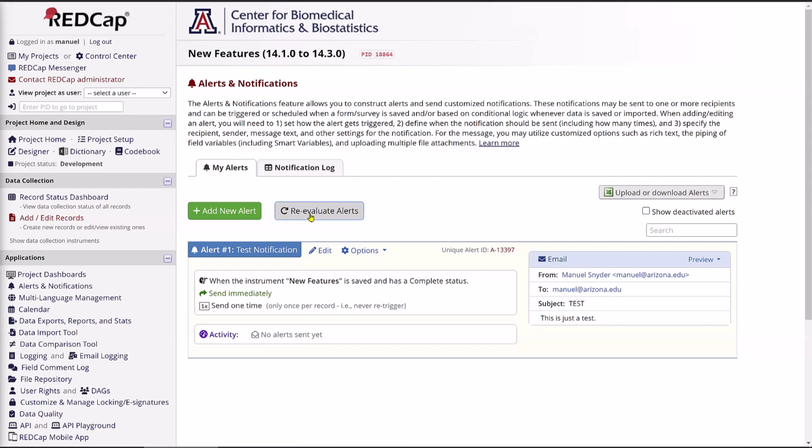So what you do is you just reevaluate the alerts and it'll go through all the records, and anything that matches the criteria will send out a notification. But if you have thousands or hundreds of records, and you're worried about sending a lot of notifications out, especially if you're not sure if you got it right, you may hesitate. So the nice thing about this new option is it allows you to kind of send out